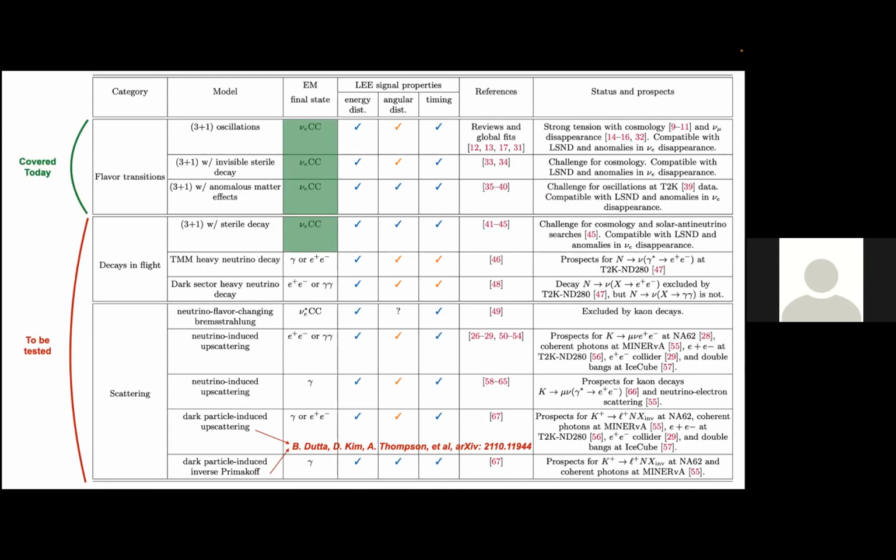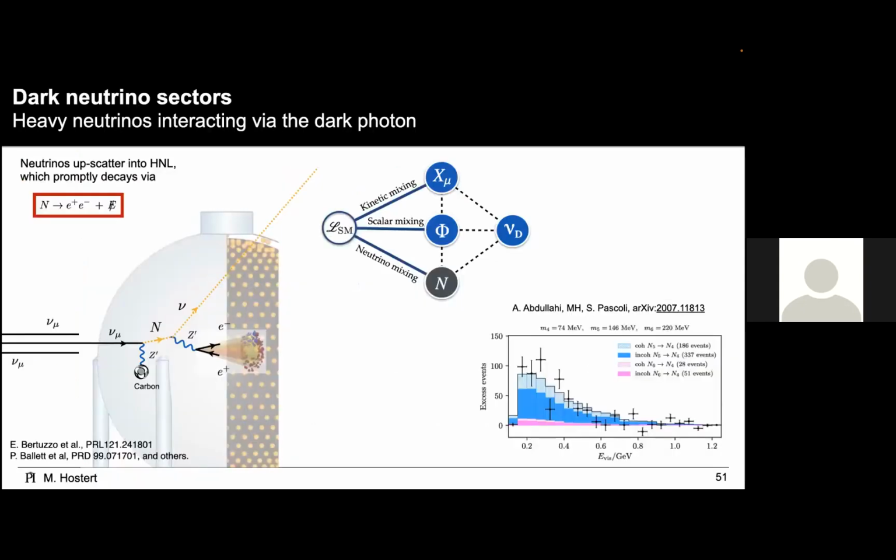So there is still a long list of stuff to test. Most things that have to do with electron neutrinos in the beam, in a sense, have been tested by MicroBooNE. You'd like to have a full analysis dedicated for a given model, but we have seen the data for electron neutrinos already. One class of these models are coming from upscattering of neutrinos in the beam to things that decay